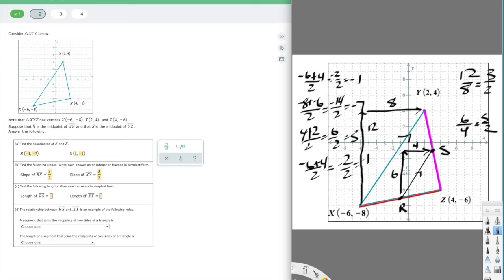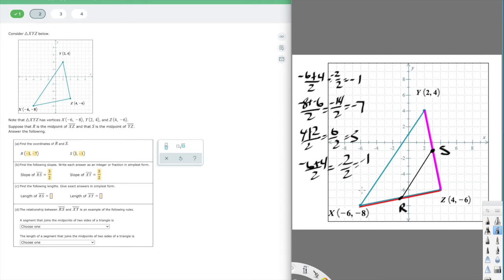Alright, so for the next piece, let's see, we're going to do the distance formula. I'm going to get rid of a little bit of this stuff. So now we want to find the distance of these two lines. So we want to find the distance of XY and the distance of RS, because we want to prove that RS is half of XY. So we need the distance formula. So in the distance formula, we're actually going to be using partially the slope formula, a little bit in it, because we find the difference of x and the difference of